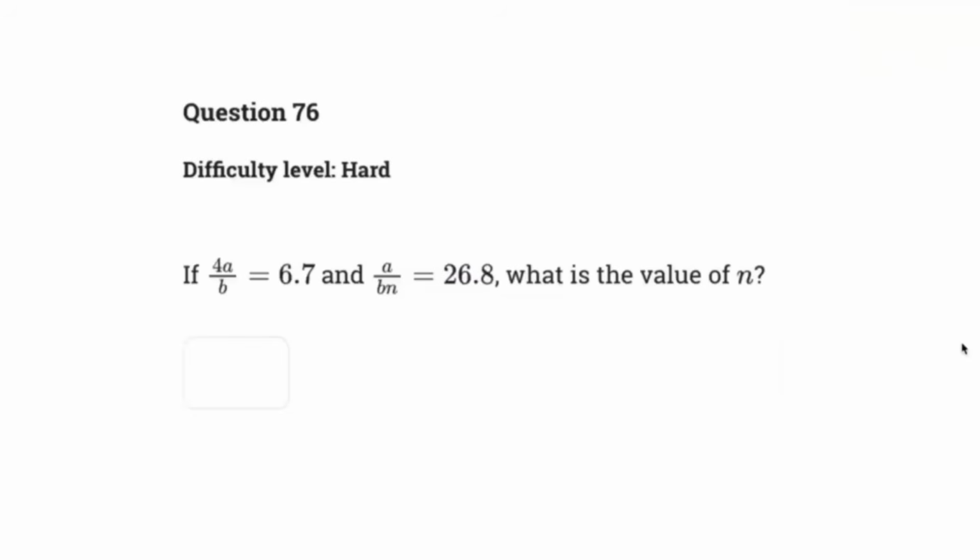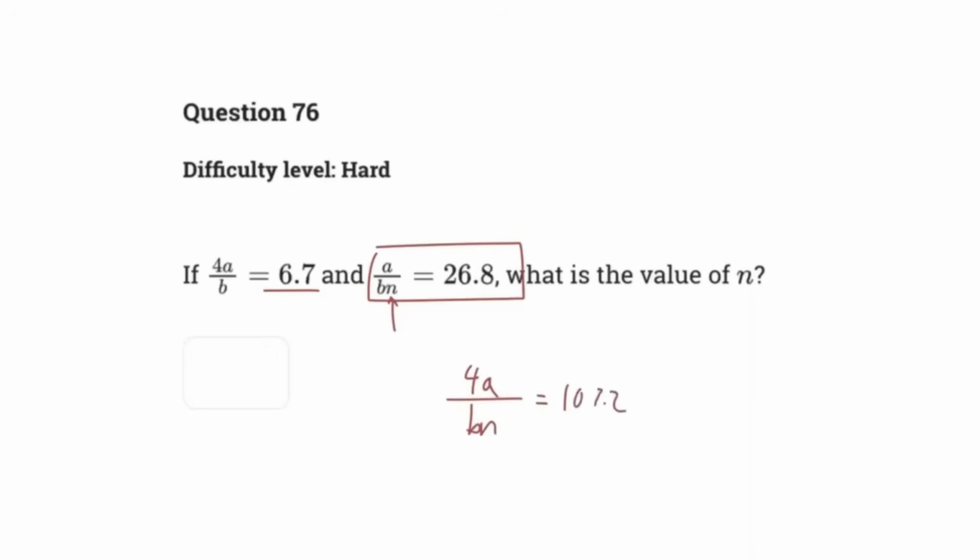Alright, so this problem says if 4a over b equals 6.7 and a over bn equals 26.8, what is the value of n? So to help us find the value of n, it'd be very helpful for us to scale up everything, right? Because we already know what 4a over b is, that's equivalent to 6.7, so we can use that to help us compare the values to ultimately find n. So if we were to scale up this entire equation by 4, we'd have 4a over bn, and then we would have to multiply 26.8 by 4, which gives us a value of